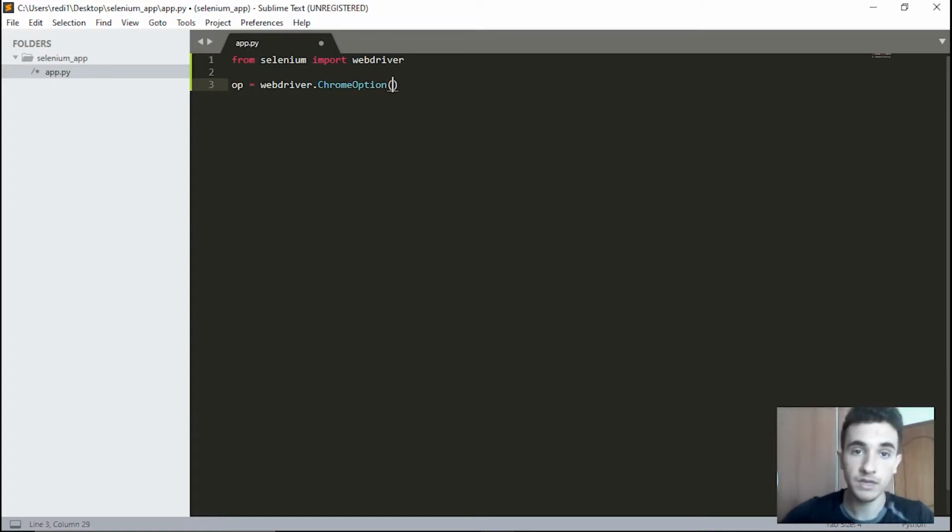I'm using Chrome because Heroku supports only Chrome. So after creating the Chrome options, we need to add the binary location of Chrome. To specify the binary location, we need to use op.binary_location,